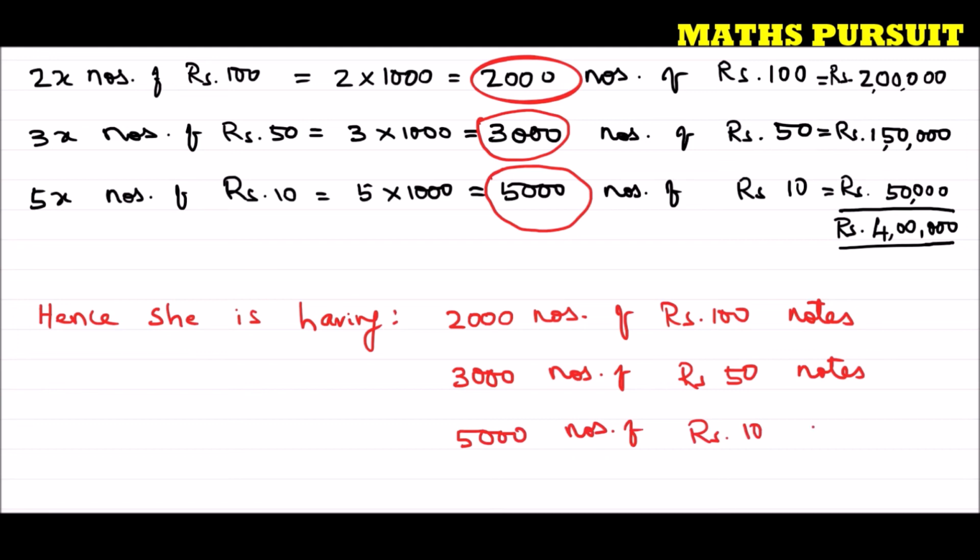You can write these things in your own words also. It doesn't make any mistake or any error. Hope guys you understood this. This is very simple and very straightforward. We just need to understand the question. If we understand the question, then it would be very easy to answer these types of questions.